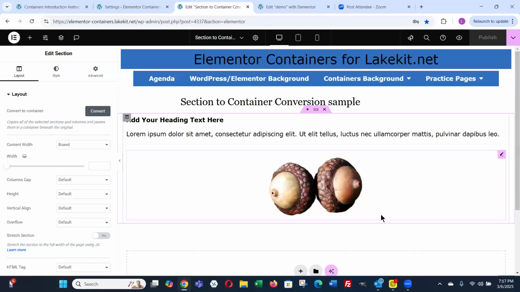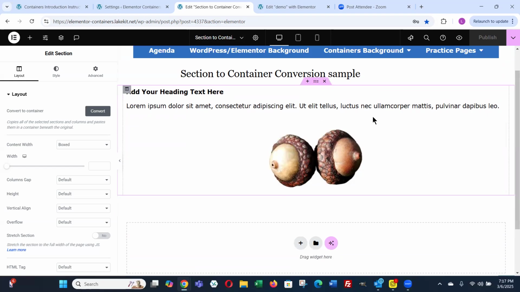And this page that I'm showing you here now is a section. As you can see, I'm hovering over the 6 dots on the top. So we've got a section which consists of, and it shows the column icon here, a section that has 3 widgets in it. If your containers are active and you want to convert that section to containers, there's a convert button here. So I'm going to convert this section here. It says edit section.